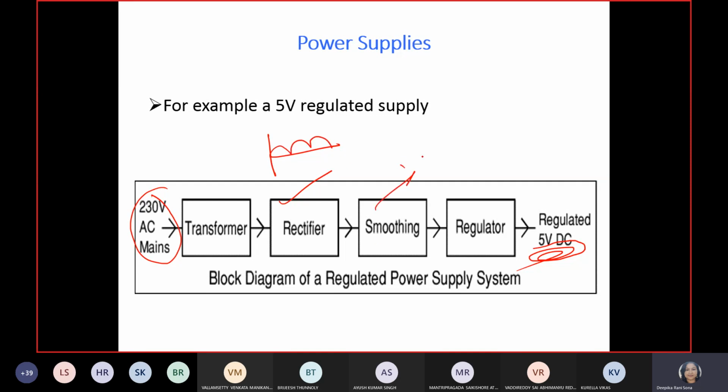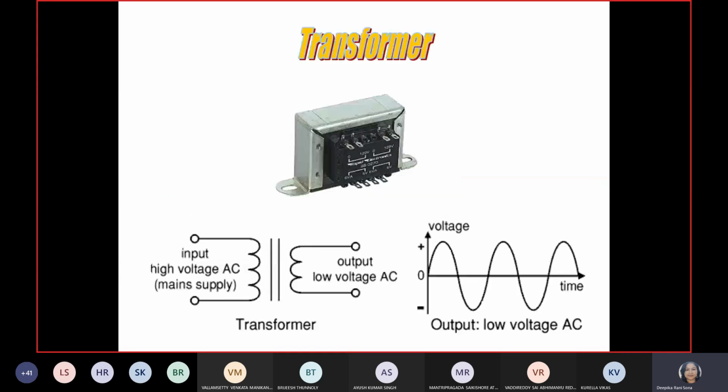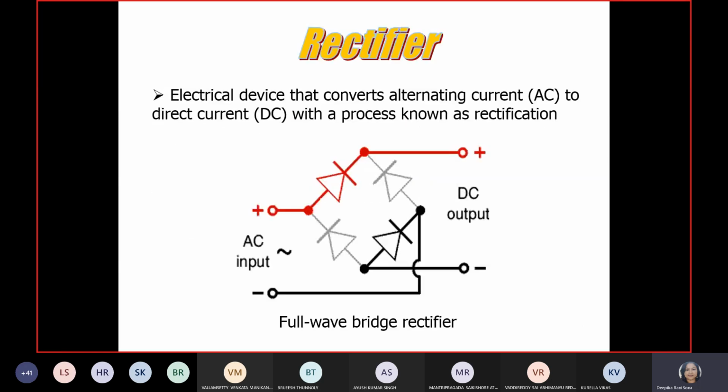Then the smoothing circuit is the filter, guys, which will be the next topic. In the 5th module we will study this. Then today's topic is the regulator. So exactly what do we get at this point? So guys, the transformer may be step up or step down. It will take the AC input voltage. Then by the function of the transformer, that will be given to the rectifier circuit, and in this rectifier circuit we have seen the full wave rectifier. Guys, here it has been given as a bridge type rectifier by the help of the diode only, but we have a more advanced one by the help of the op-amp. This is the basic rectifier just by the help of the diode, but that is not that efficient.